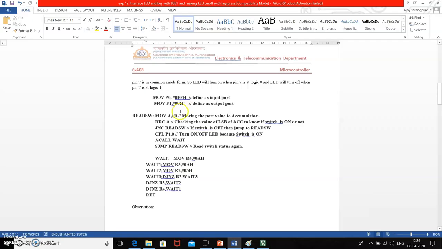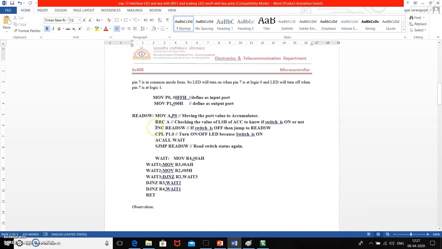To do so, first of all, we will move the content of port 0 into the accumulator. Then we will rotate the content of the accumulator towards the right side including carry using the instruction RRC A. Now, whenever 0 is present inside the carry, 0 stands for the switch not pressed. Whenever the switch is not pressed, the LED will be in its previous condition, and we have to repeat this loop again, means we have to check the status of port 0 once again.